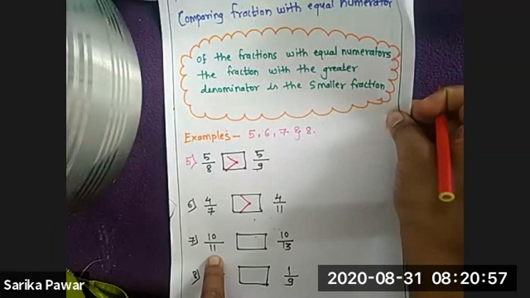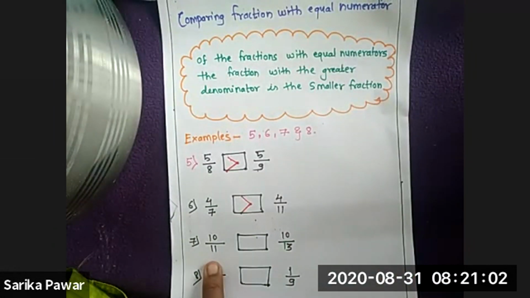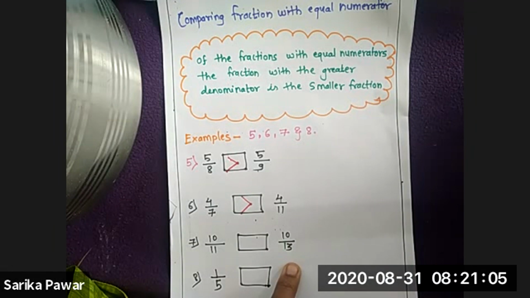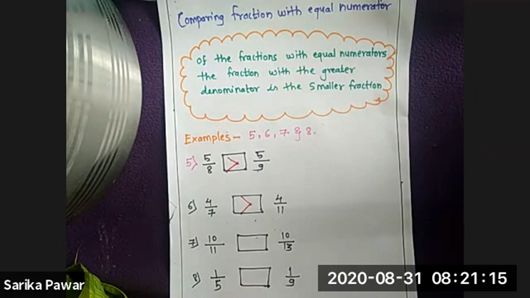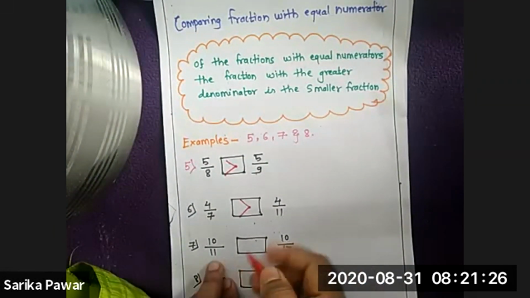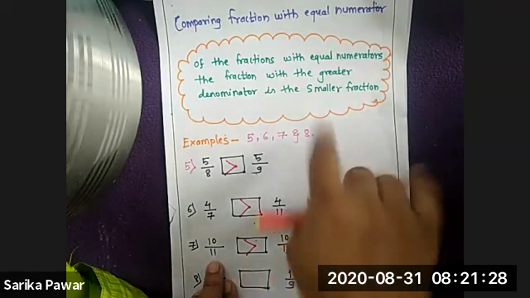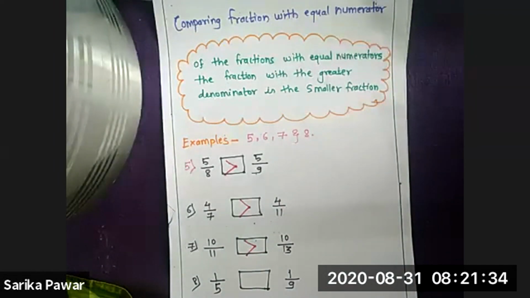Problem number 7. 10, 10. The numerator value is the same. Now compare the denominator value. 11, 13. Which one is greater? Who is raising hands up? Madhiha. 13. Very good. If 13 is the greater value, then 1/11 will be the greater fraction, because the smaller denominator gives the greater fraction, no? Yes, very good.